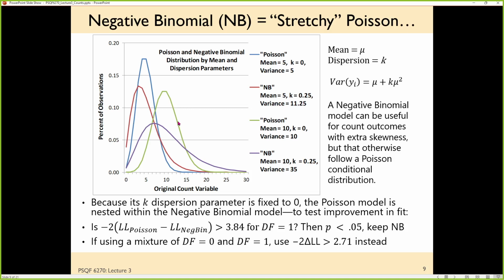It's even more pronounced if you compare purple versus green. They both have means of 10, but purple has an extra stretchy that stretches out the count to the positive side here. So this is where we do need to use, I think for the first time this semester, a likelihood ratio test. And that is the log likelihood of your model with fewer parameters minus the log likelihood of the model that has more parameters. Then you multiply the result by -2. Or you can take -2 times the log likelihood of the fewer model, subtract -2 times the log likelihood of the more model, and then you come out either way, the same place. And I will show you how to do this in software, by the way.